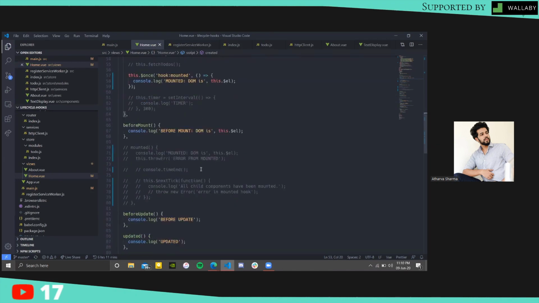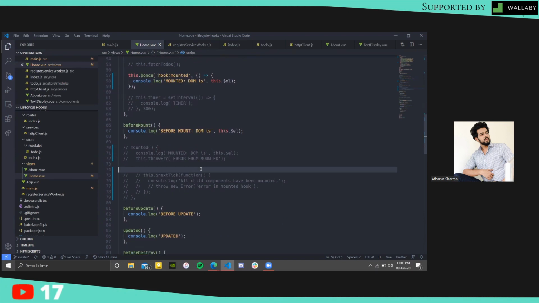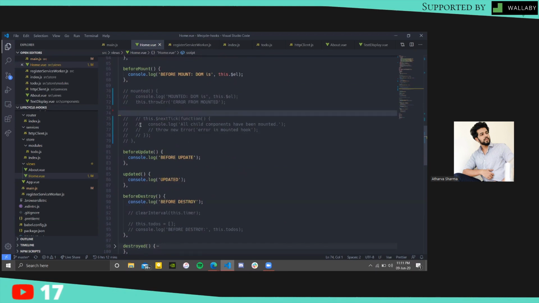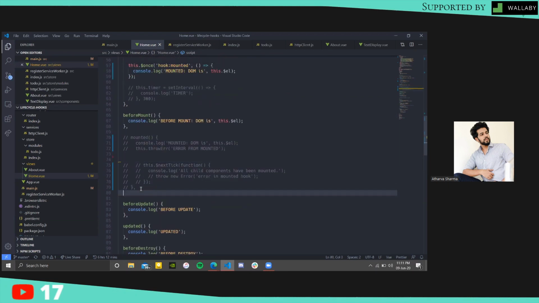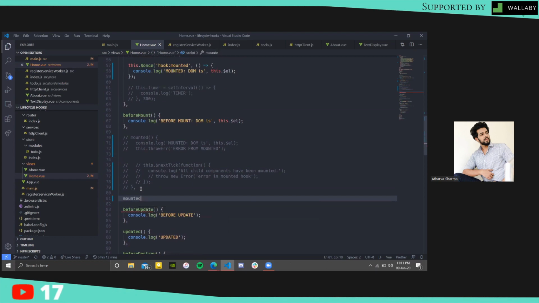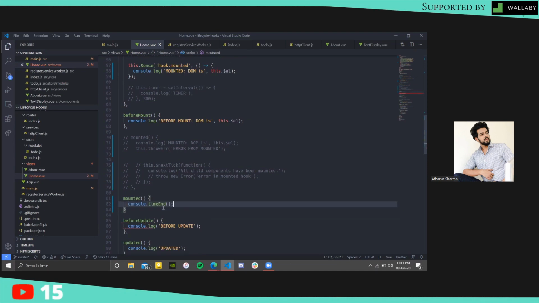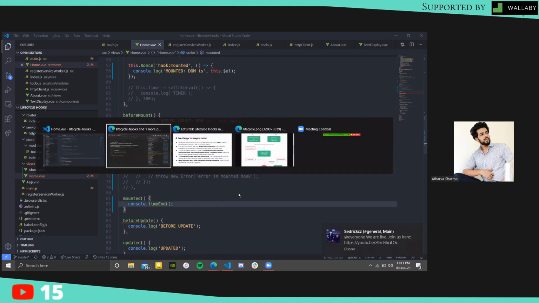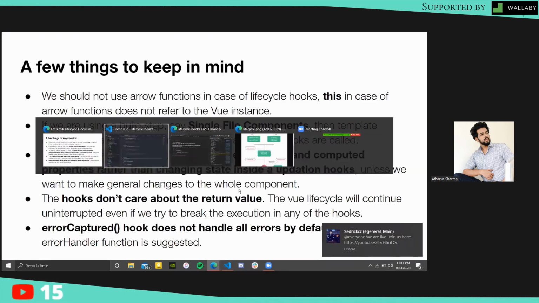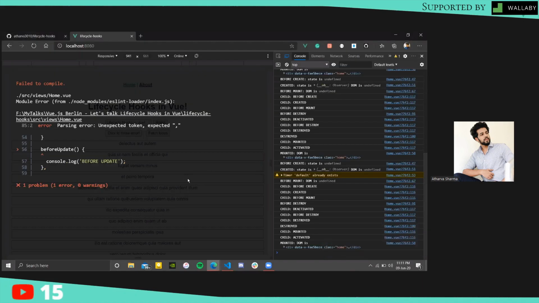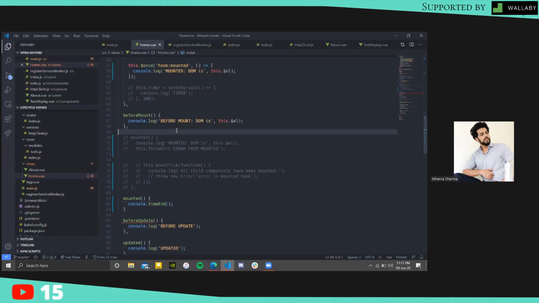And if I were to call console.timeEnd inside the mounted hook, sorry, console.time in beforeMount and console.timeEnd in mounted. Let's see what happens.